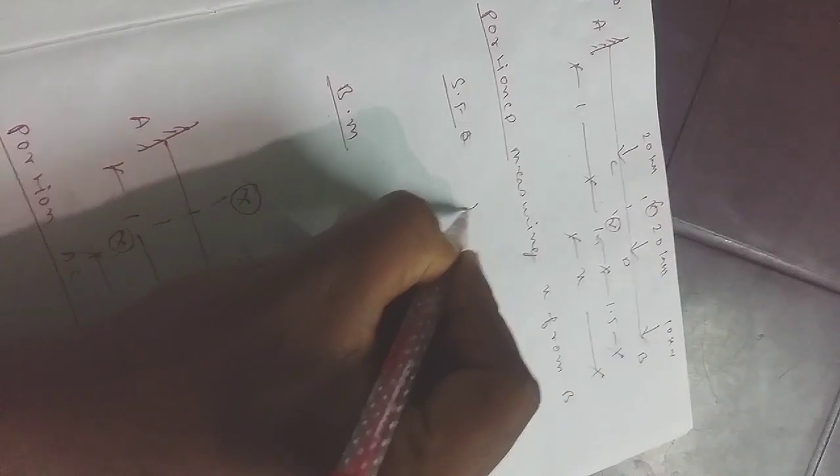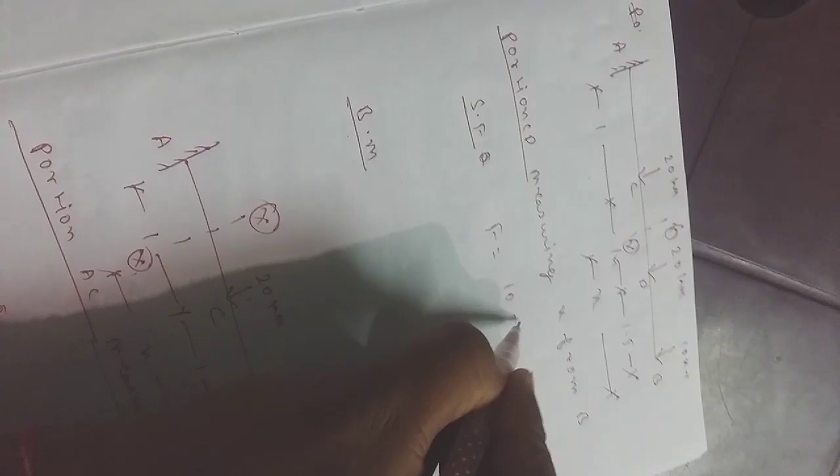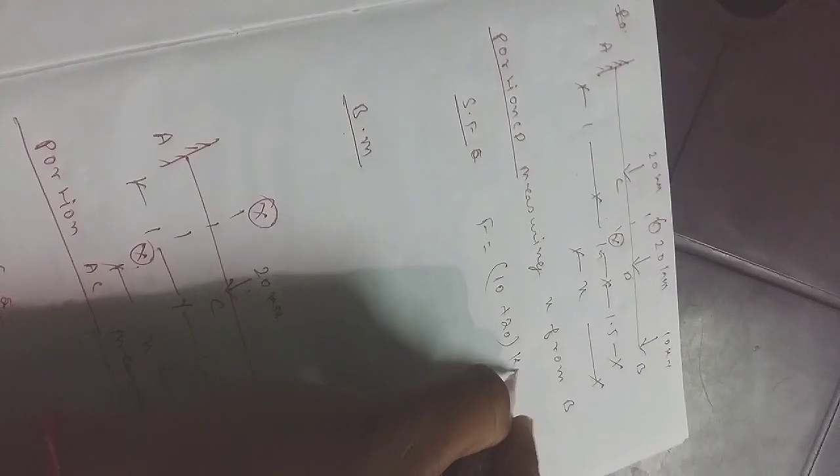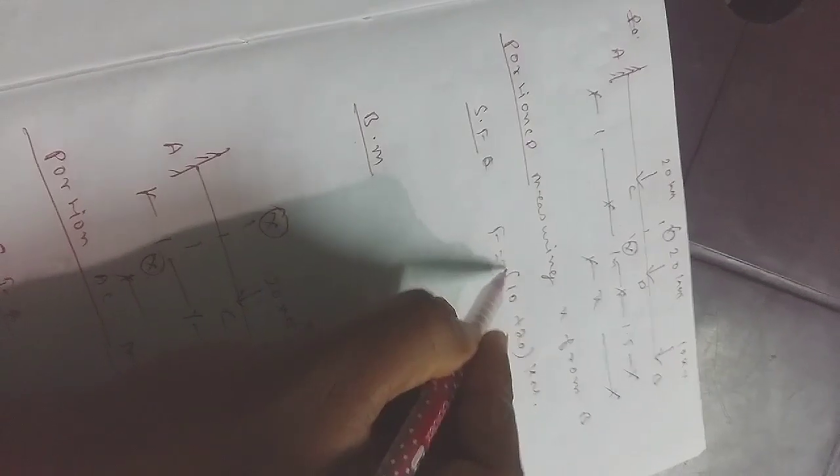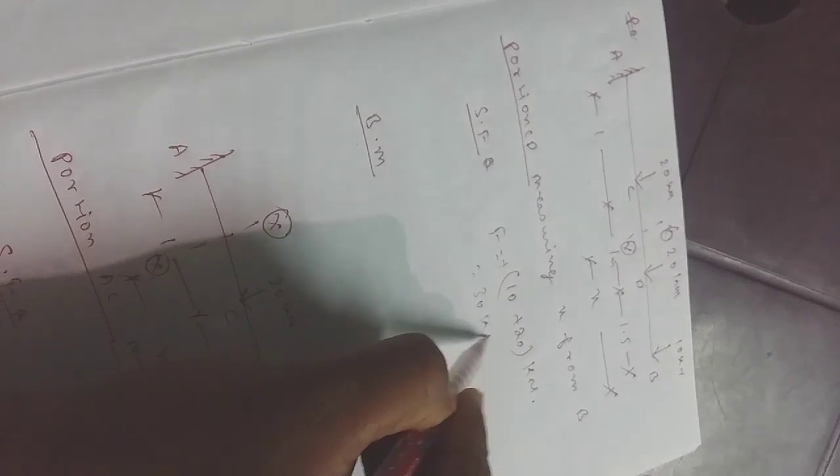Now let's move towards portion CD. Similarly for portion CD, I have separately made a section. See the section XX, measuring again from the free end B, measuring X from B. Here shear force F will be, for portion CD, 10 kilonewton plus 20 kilonewton. For the sign convention, we know that left up, right down is positive. From the section it is right down, so it will be positive shear force. This will be 30 kilonewton.